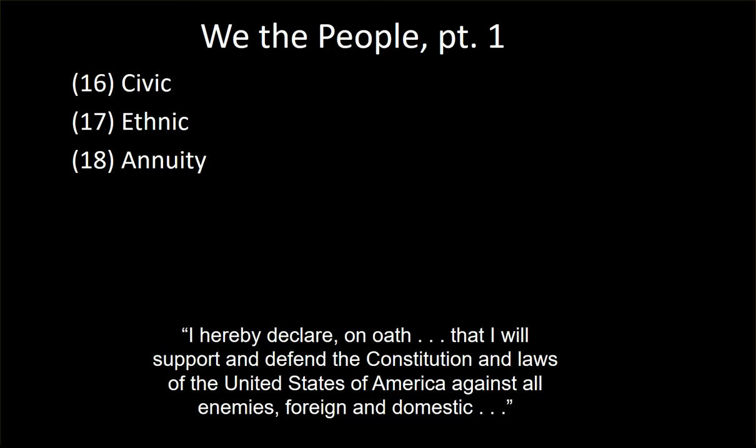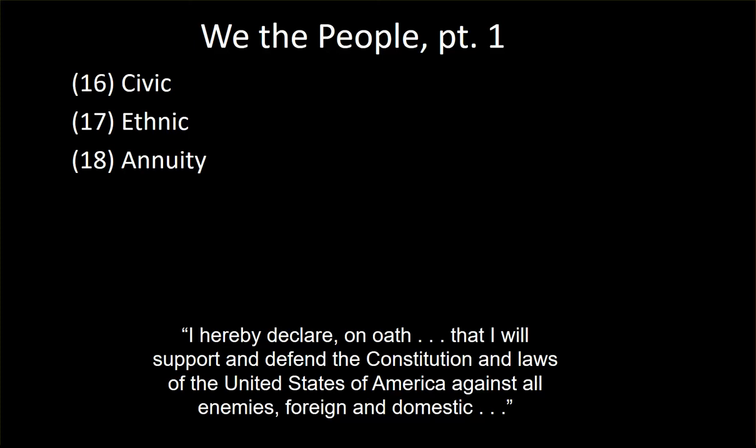The U.S. retaliated. They sent the bulk of the U.S. Army that existed at the time into the Ohio Valley to try and defeat Little Turtle and Blue Jacket and their alliance, and failed again. Little Turtle's war continued until 1794, until finally the U.S. defeated Little Turtle, really defeated Blue Jacket at the Battle of Fallen Timbers in 1794. In the treaty that ended this war, the Allied nations ceded most of their land in Ohio and Indiana to the federal government. This treaty, the Treaty of Greenville, also created the annuity system, which still kind of exists today. It's been heavily modified, but